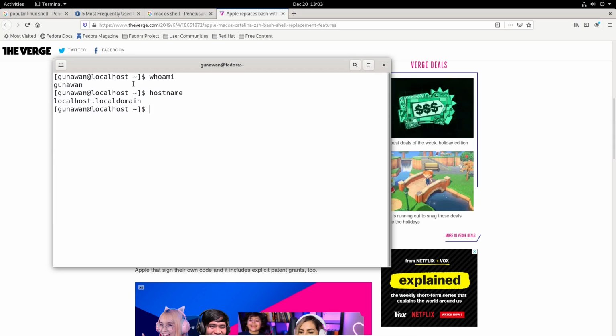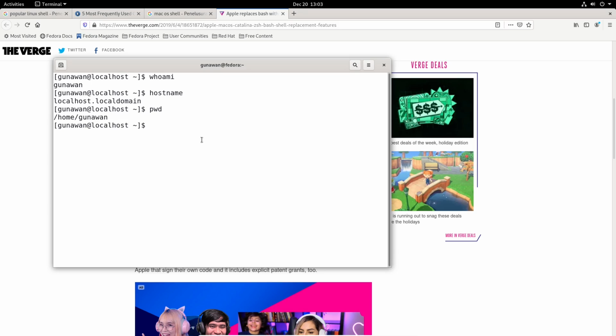And about this part, the part that tells us where we are, we can type pwd. Okay, so this symbol tells us that we are in our home folder.